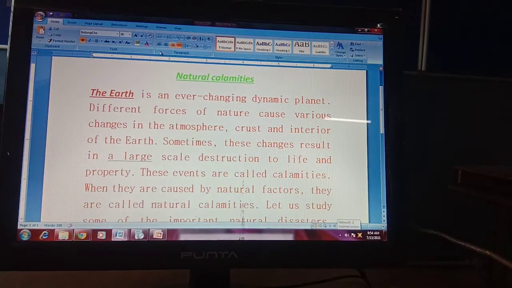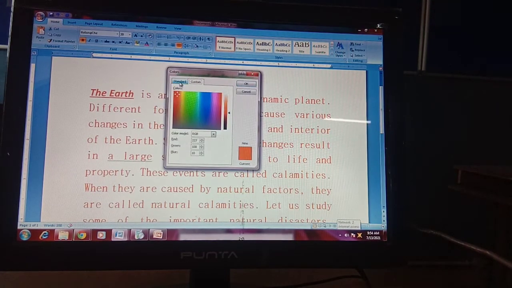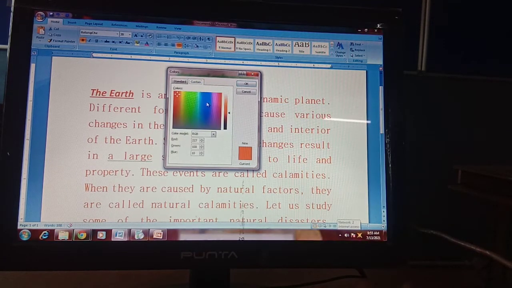One more thing, if you don't like these colors also, for example in more colors you don't like these colors also, then you can go to the custom option. In the custom option you can create your own color from a mixture of these colors. Okay, you can choose your own color from here. Okay, clear? Intensity you can have dark like this.